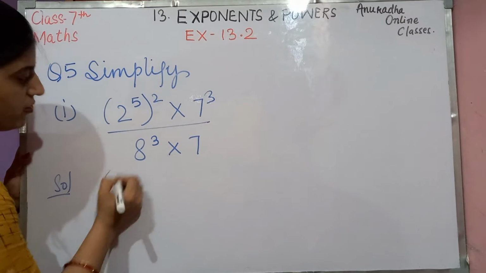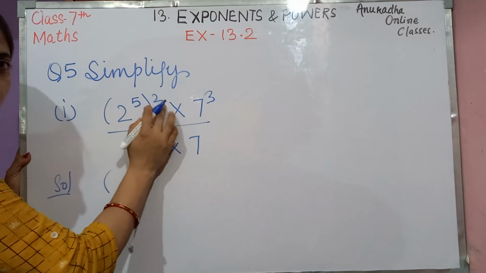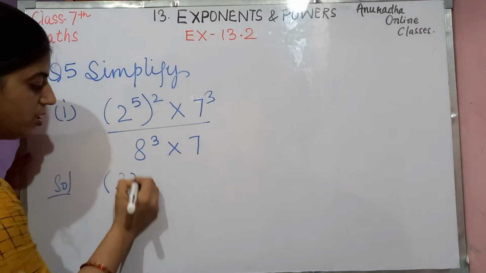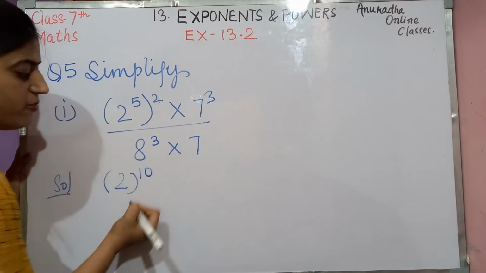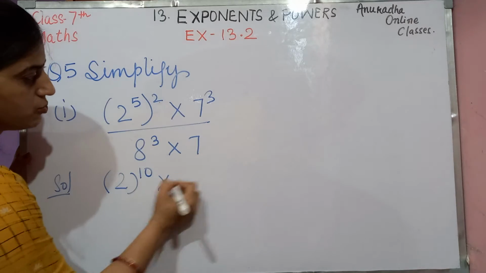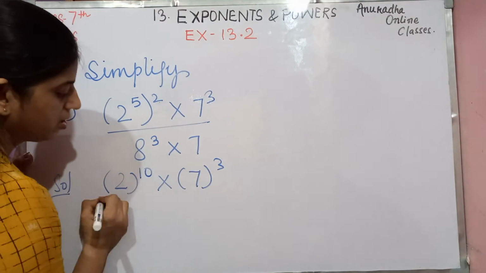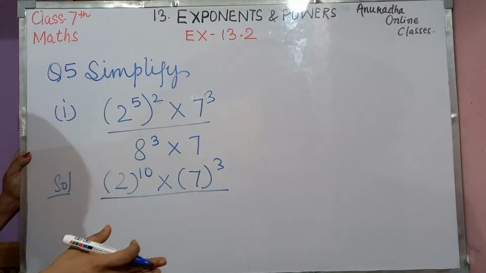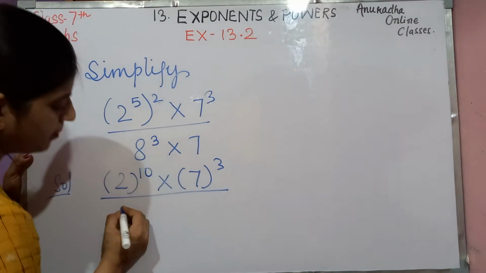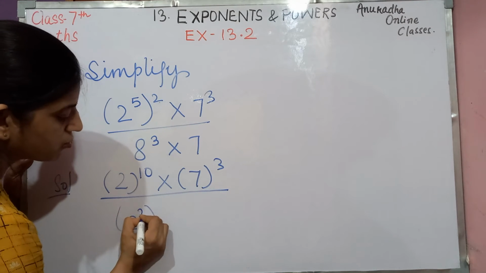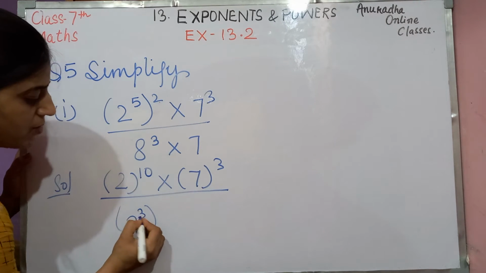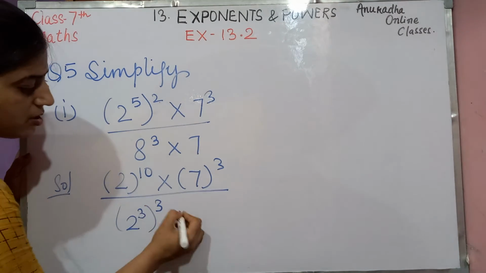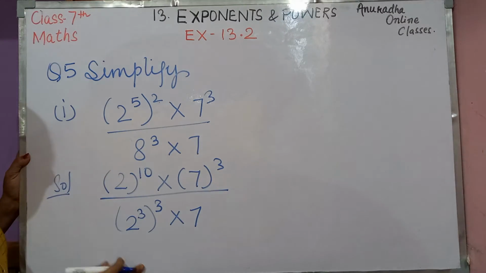Then second thing, what we will do with the exponent, we will do multiplication of that. So 5 2s are 10. I have directly written it 10 into 7 cube, right? Now here 8 को हम divide कर सकते हैं into its prime factors. So 8 को हम क्या लिख सकते हैं? 2 2s are 4, 2 2s are 8, means 2 का cube is 8 and outside also it is cube. So let it be cube only. Here it is 7. Okay.